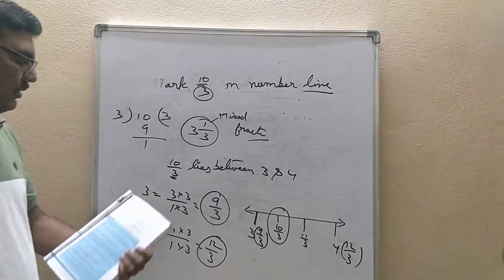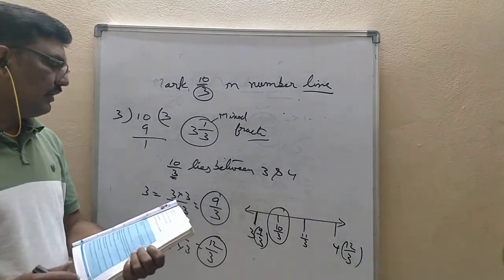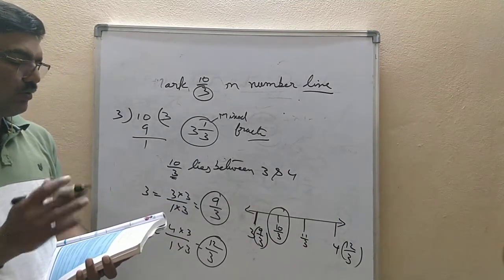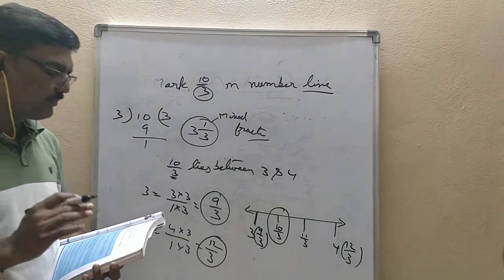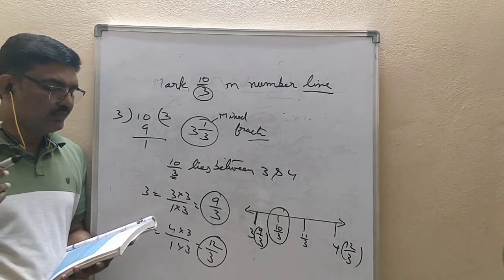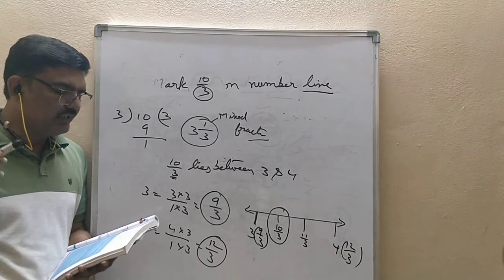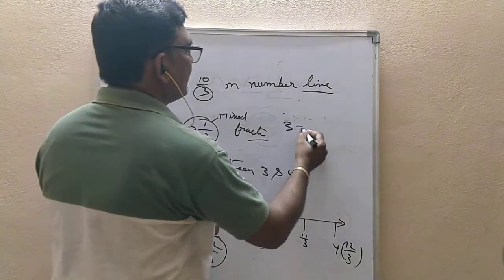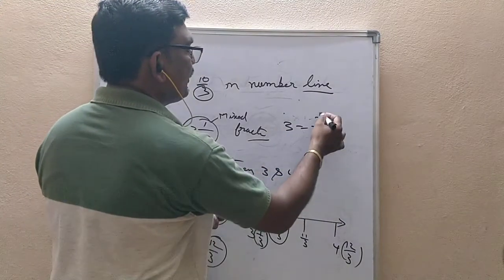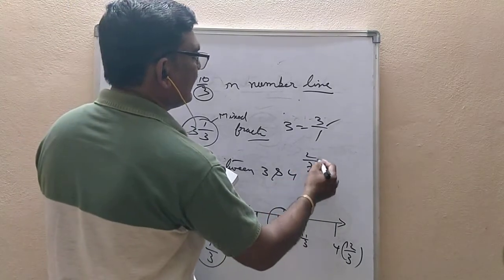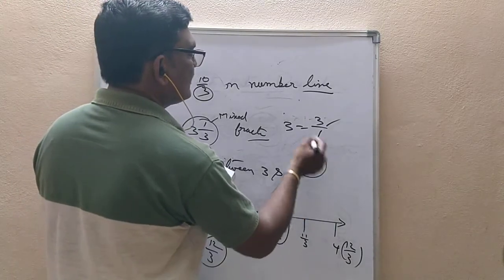Okay, so by practicing you will get it. Here is the third problem, the last problem in this chapter. You have true and false. See the textbook. Find whether the following statements are true or false. Every integer is a rational number and vice versa. Integer means here 3 is there. 3 is 3/1, p by q form, so it is a rational number. But 2/7 is a rational number, but it is not an integer.